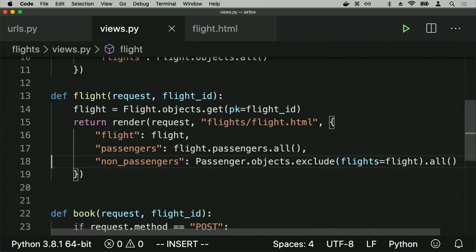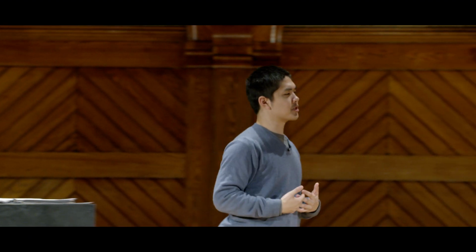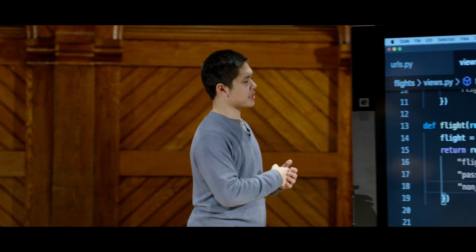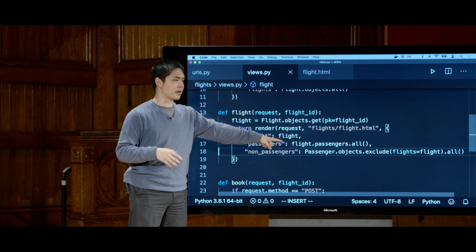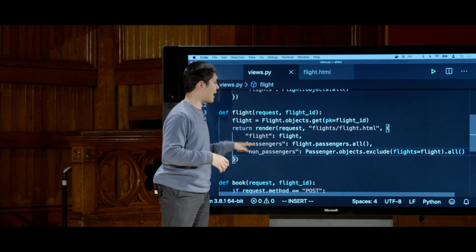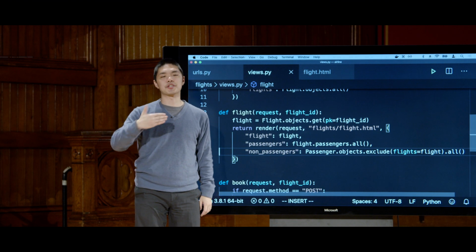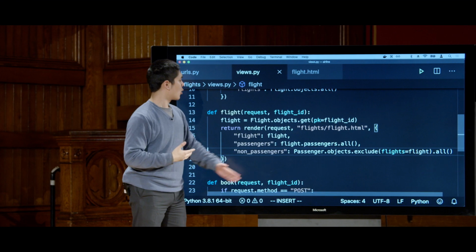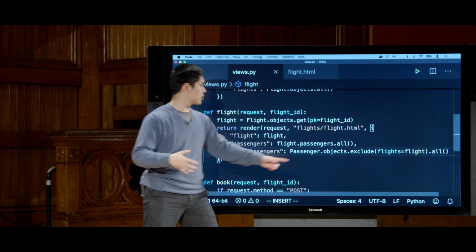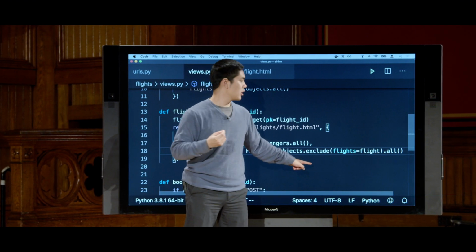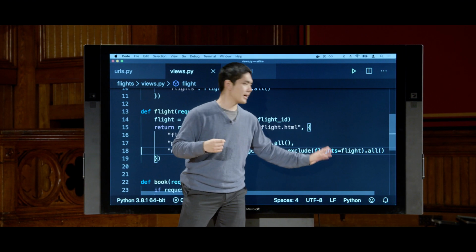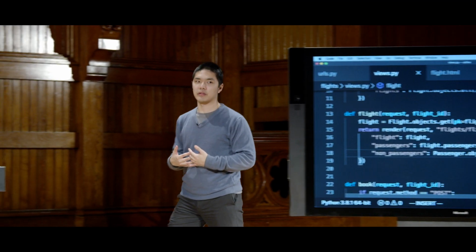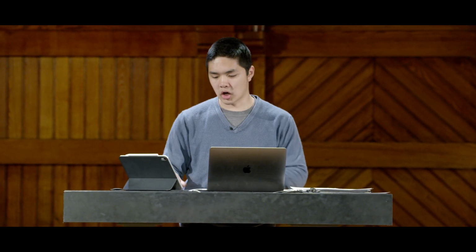And so what does this actually mean? Well, it means that when I render flight.html, there's a couple pieces of information that it should have. It needs to know what flight is being rendered. It needs to know who is on the flight, who are the passengers. But if I want a dropdown where I can choose from all the people who aren't already on the flight, like I would like to register you for this flight, well, I also need all of the non-passengers, passengers excluding the ones who are already on the flight. And get me all of them is what that .all is ultimately saying. And so using that, I now have access to this variable called non-passengers that I can use as I'm constructing